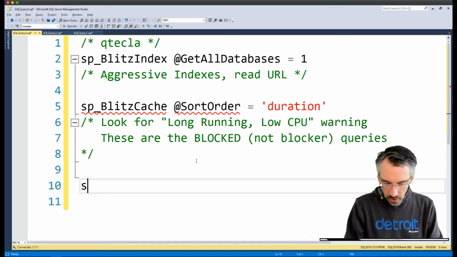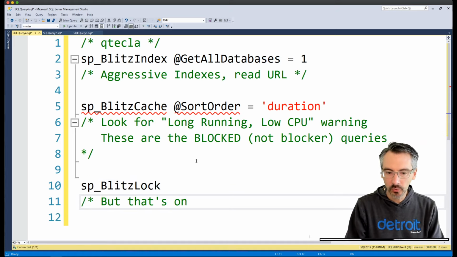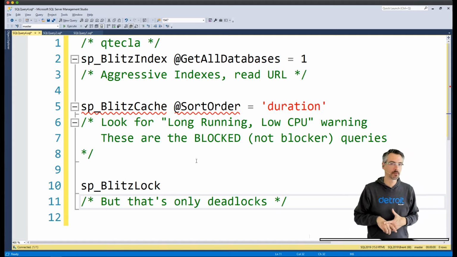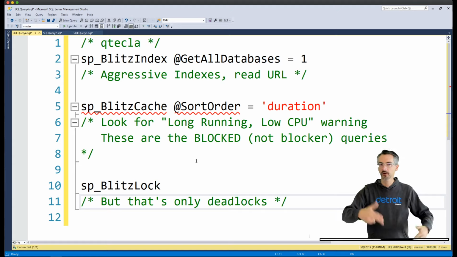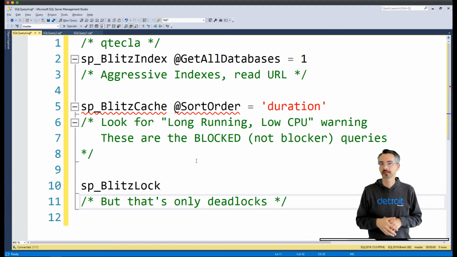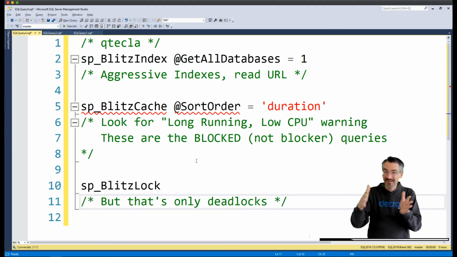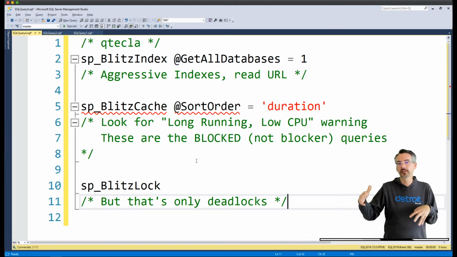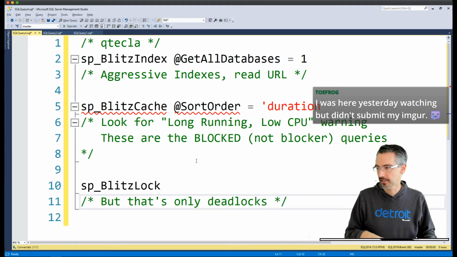I could make an argument that you would also look at sp_BlitzIndex, but that's only deadlocks. I actually don't think you have a deadlock problem, because deadlocks solve themselves within 5 seconds. Every 5 seconds or faster, SQL Server's deadlock monitor wakes up and puts a bullet in the query that's easiest to roll back. Your average lock wait times were up in the 10-second range, which indicates that the waits are probably going longer than the deadlocks are. So you may have deadlocks, it's just not the biggest thing.